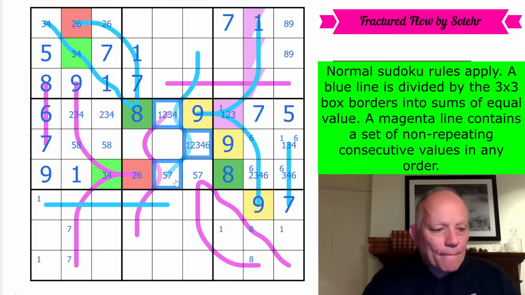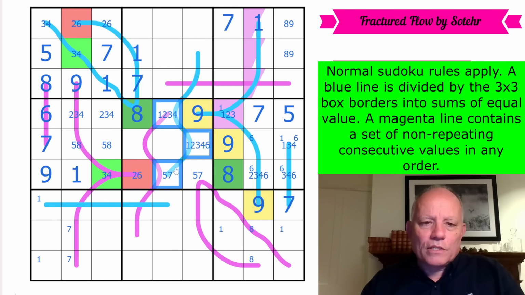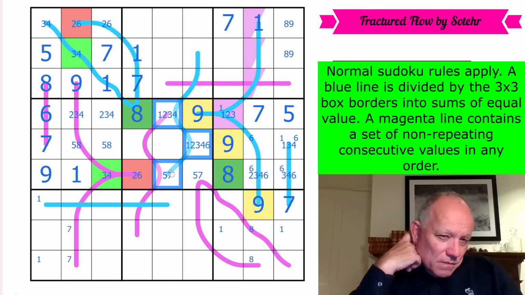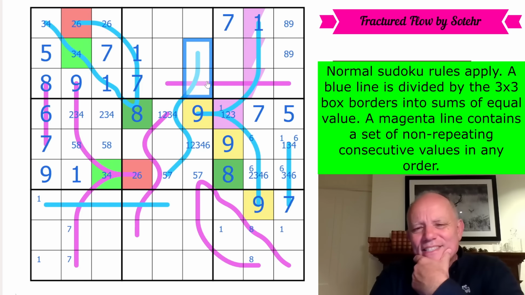So the absolute minimum on this line in box 5 is a 1, 2, and a 5 equals 8. So the minimum for these 2 equals 8. That's not very interesting, is it? No, I don't think it is. It's something I hadn't thought about, but...